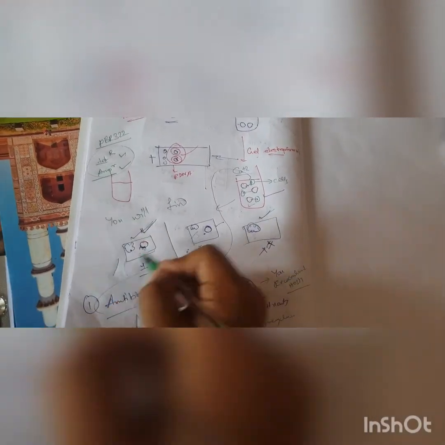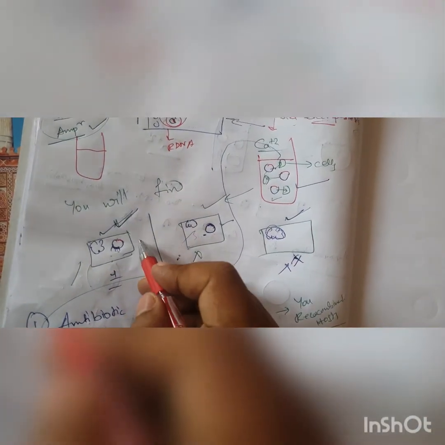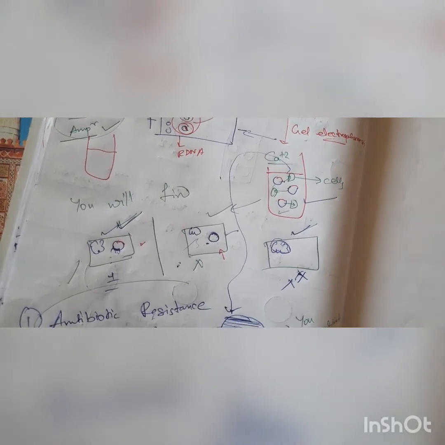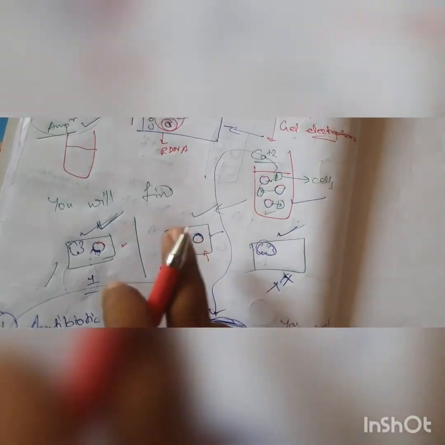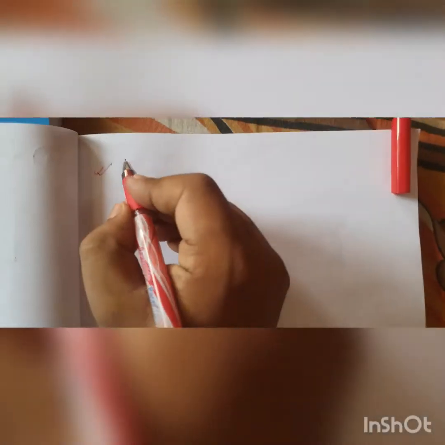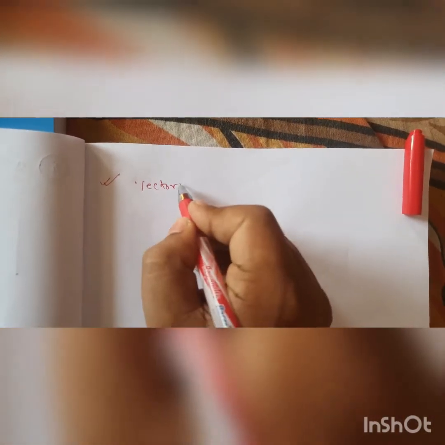But one problem remains, sir, by chance I encounter this and this together. How will I separate it? I am going to say it now. Okay. So now the question arises how to separate a bacteria which has taken up the recombinant DNA and one which has taken up only the plasmid which is not a recombinant DNA, which is not joined with the target gene. In such cases, first of all you have to use vectors like pUC19.